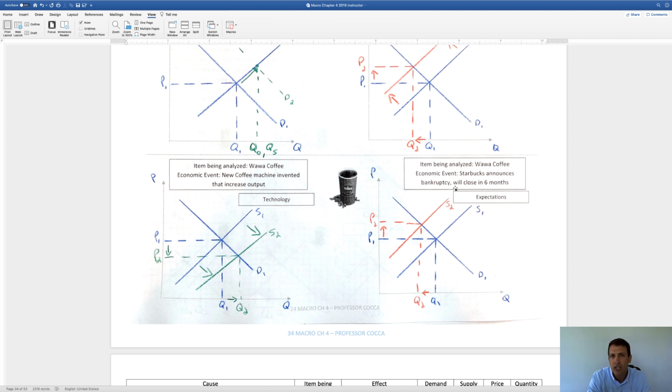Now, this is not a good example for coffee because typically Wawa's not going to stop selling coffee because of this situation. But I would probably change this to a week or a couple weeks. So if a Starbucks is going to close in a week or so, what could Wawa do? Well, Wawa could reduce their supply because they know what's going to happen to the market price of coffee in a week when Starbucks closes. It's going to go up. So they withhold that supply, and then once Starbucks physically closes,